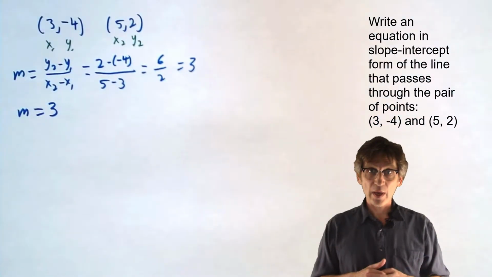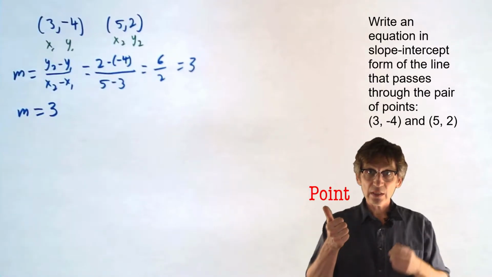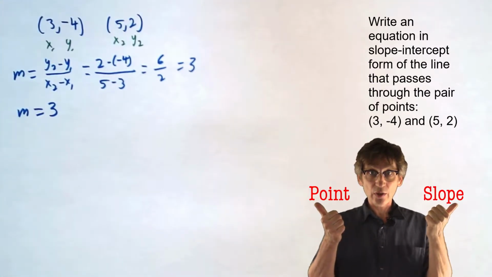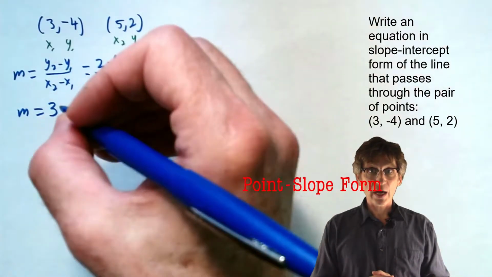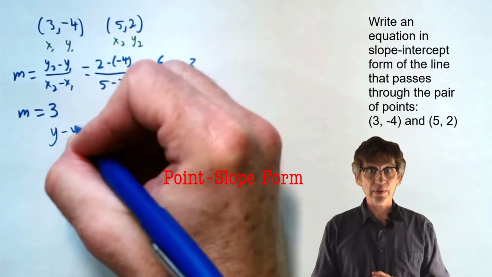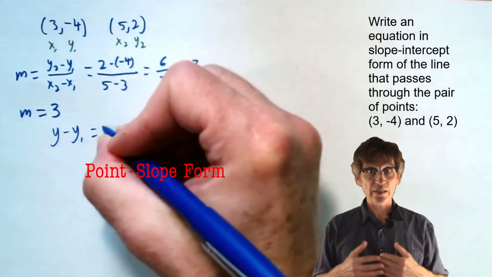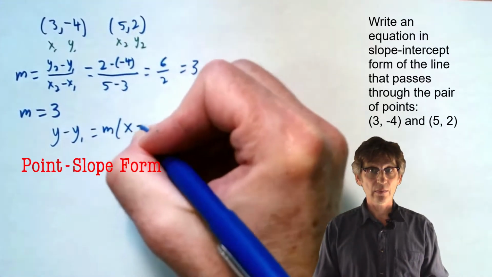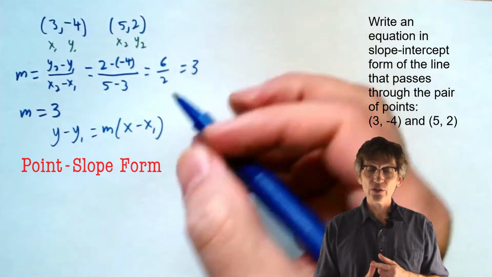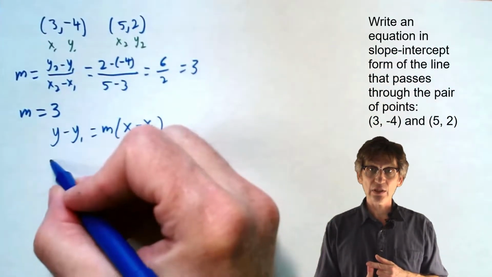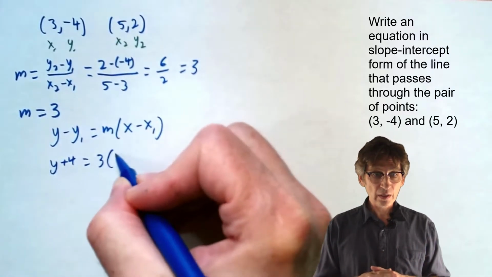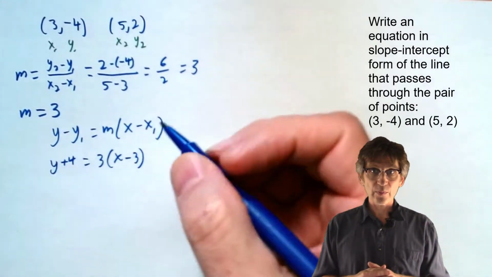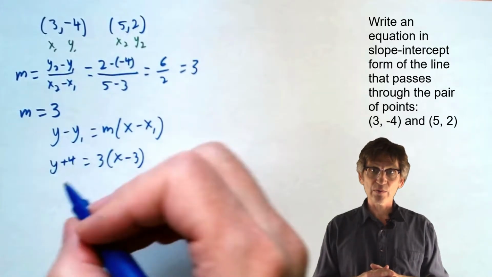Point-slope form, if you remember, uses a point and a slope. That's why it's called point-slope form. We will start with y minus y1 equals m times x minus x1. That is the format for this equation. We know m equals 3, so we will use that in the equation, and we can also use the x and y values from either of the ordered pairs. So if we use the first ordered pair, we have y minus -4, which becomes y plus 4, equals 3